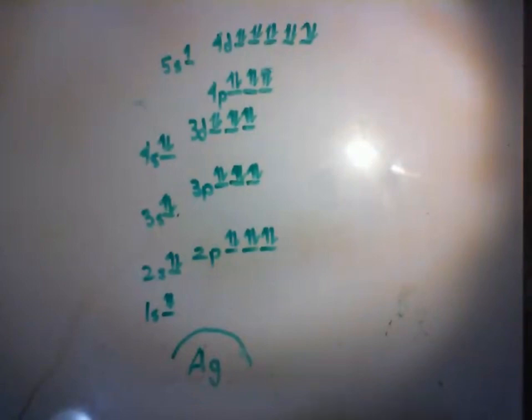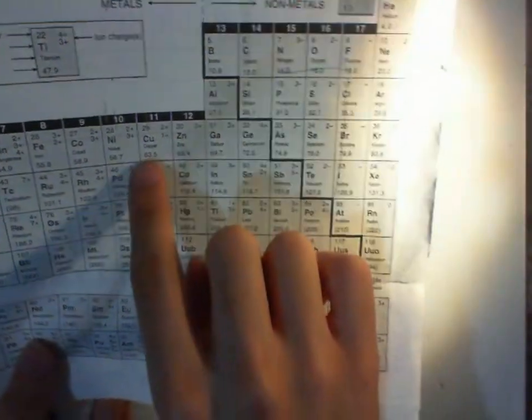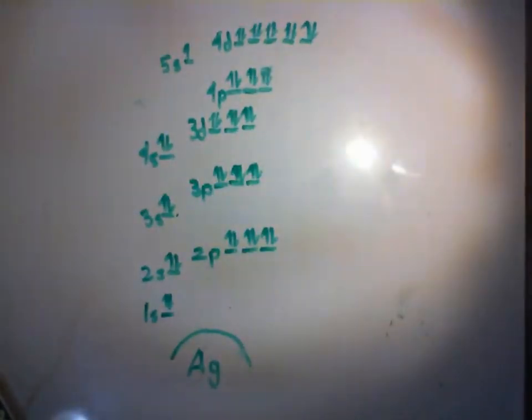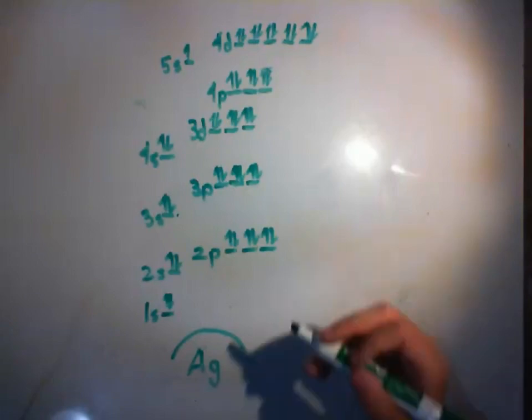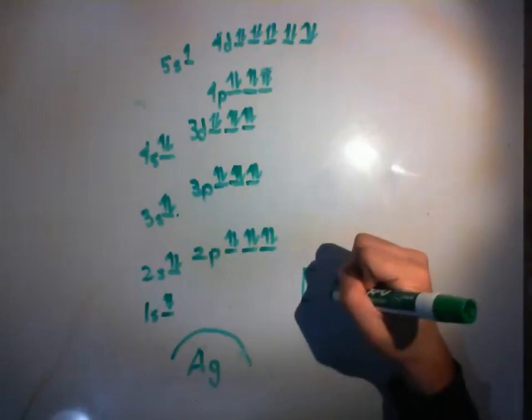This is where you refer to the nearest noble gas that is still smaller than the atom you are trying to take a shortcut to, and then take that atom, which in this case would be silver, krypton, and then you add the extra electrons to get a full electron configuration for silver. So what we would do is write down in brackets krypton, or Kr,